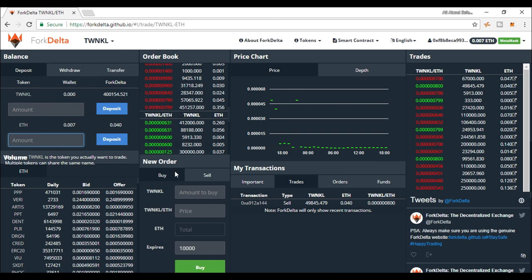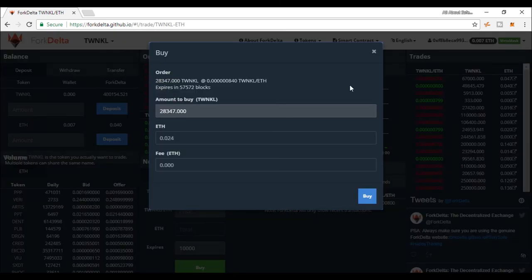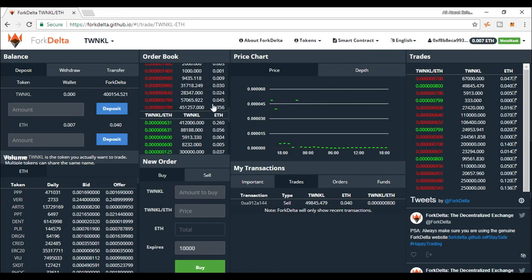You can now place a new buy order and wait for any seller to sell to you. Or you can directly click on any red orders in the order book and complete the order. You will receive Twinkles, which you can withdraw to your wallet, and if required, you can transfer to another wallet as well.